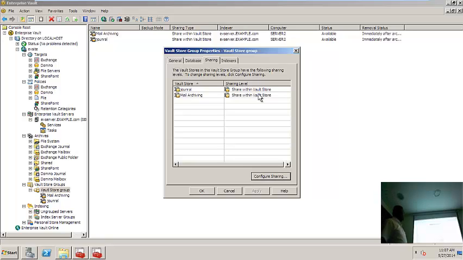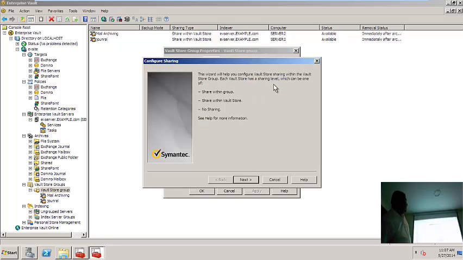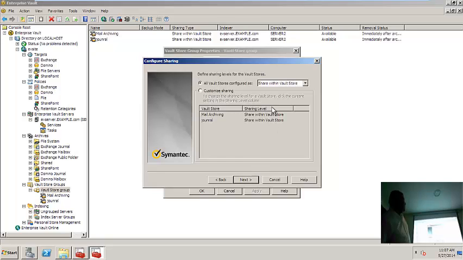This is the default setting; I didn't change anything. Share within vault store means anything will be saved once per vault store. Per vault store. Okay, got it? Then we have the second option, share within group.